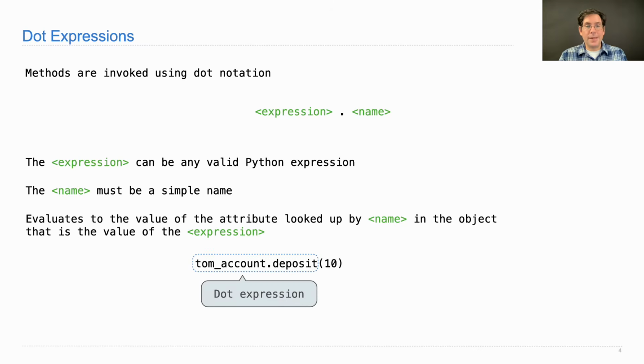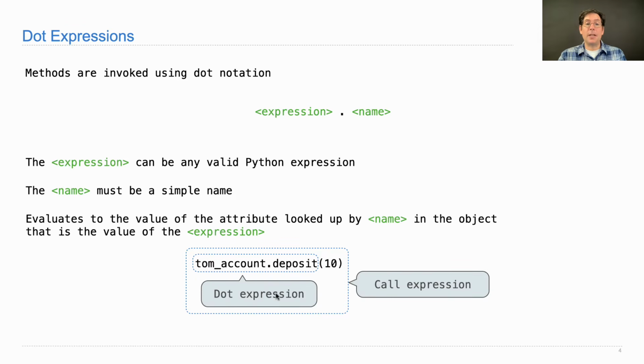And then you can call this method, tom_account.deposit(10). Now actually the structure of this call expression is that there is a dot expression in the operator position. The whole thing is just a regular call expression, but the dot expression gets evaluated first because it's the operator sub-expression, which gives you a method that knows it's depositing into tom_account,